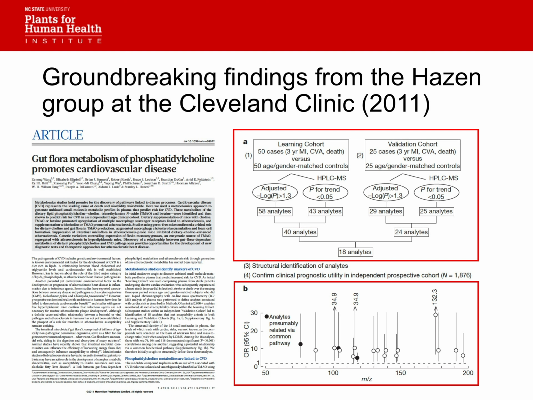I guess you can't really see this here, but Stanley Hazen is this PI at the Cleveland Clinic. What they did is they took a metabolomics approach to understand what metabolites were predictive or diagnostic or related to cardiovascular disease. I really encourage you to go read this paper. I can send it to you. Basically, they had some cohorts, and they used some metabolomics techniques to correlate these metabolites with risk of cardiovascular disease. And they were able to identify these 18 analytes.